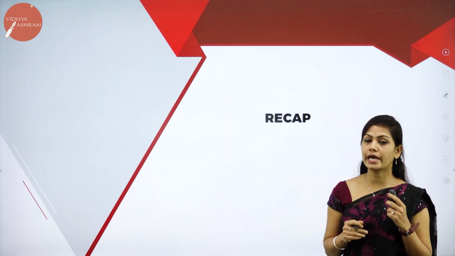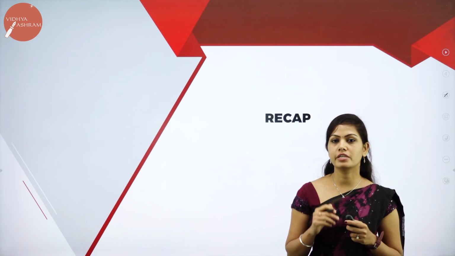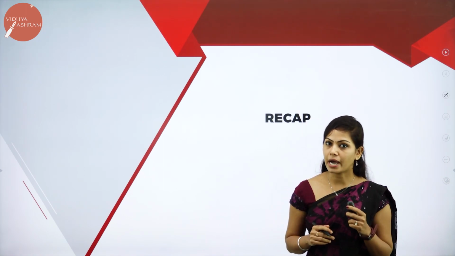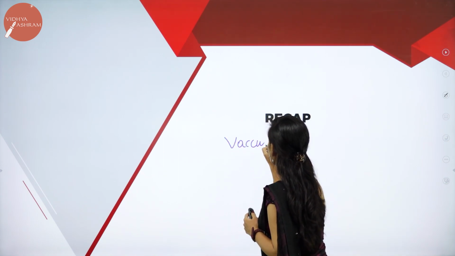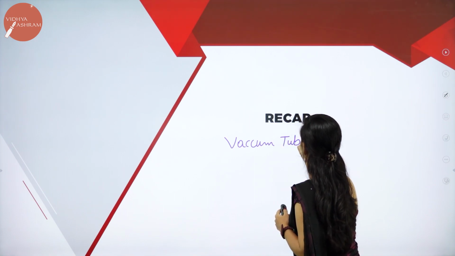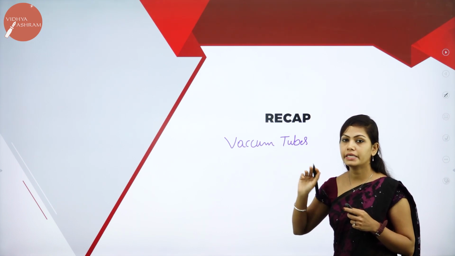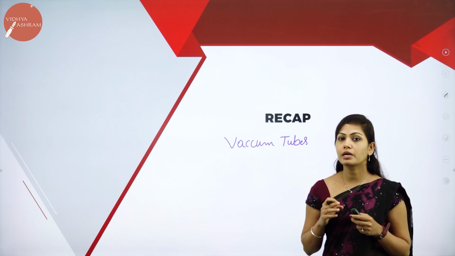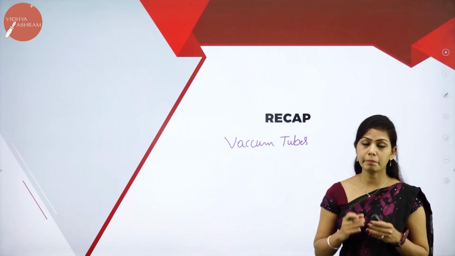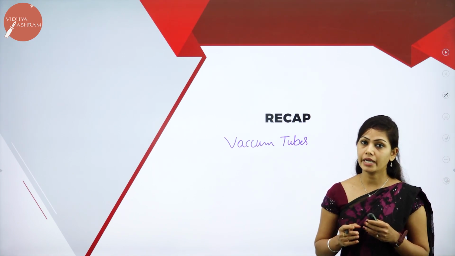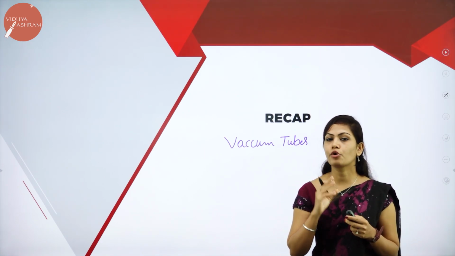The generation of computers can be classified as first generation, second generation, third generation, fourth generation and fifth generation. In the first generation, which magnetic material did they use? Vacuum tube. Vacuum tubes were introduced in first generation computers. The speed was very low and the storage capacity was very small compared to the next generations. It was very big and bulky, and they used punch cards for input and printout for output.